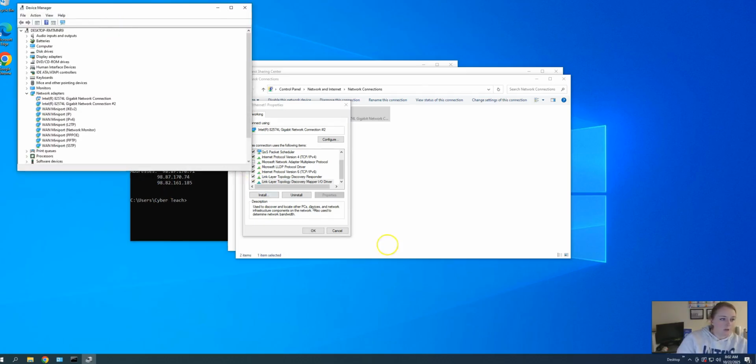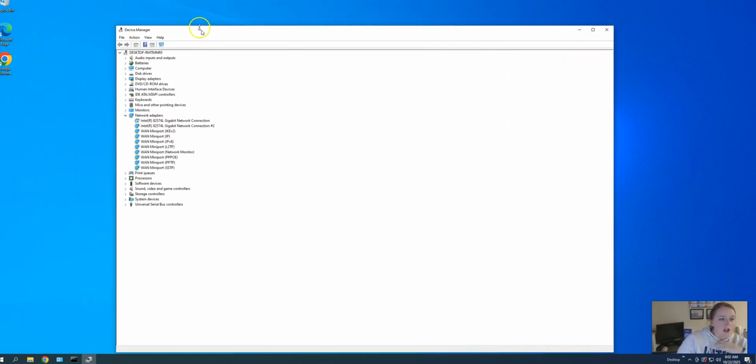All right, so in Device Manager, we actually have network drivers. So a network driver, this is Device Manager, which is where we can make changes to our drivers, where we can update them, uninstall them, etc. So the same is true for our network drivers. It's responsible for enabling communication between Windows 10 and our network device. It's that software that allows it to interact between our computer and the network. Okay. All right, so